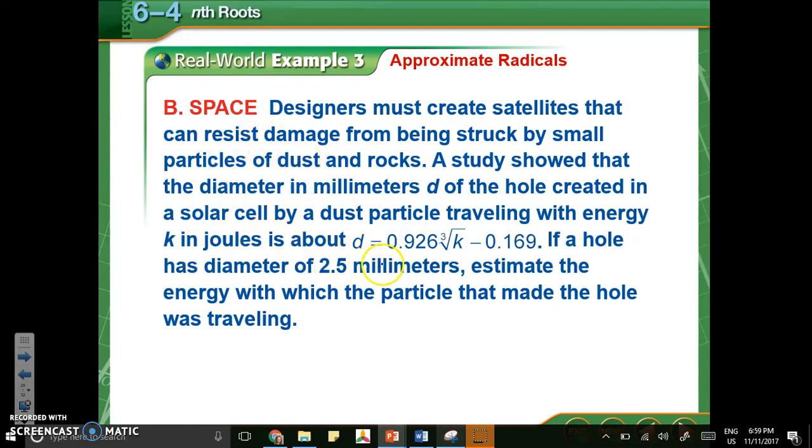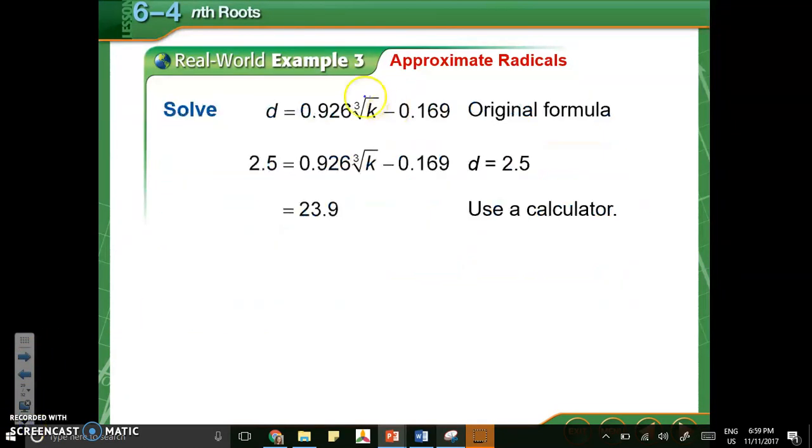Okay, this is the same problem, but this time they're saying if a hole has a diameter of 2.5, estimate the energy. So this time I have to solve for K. I plug 2.5 in for the diameter. I add 0.169 to both sides, divide by 0.926,